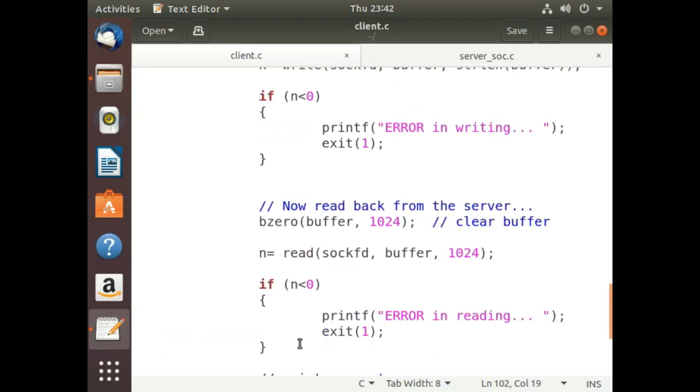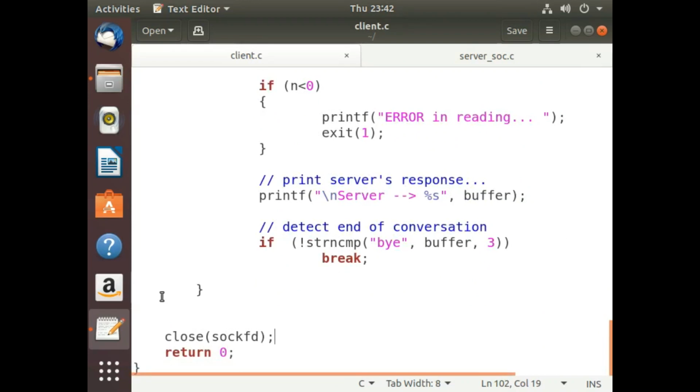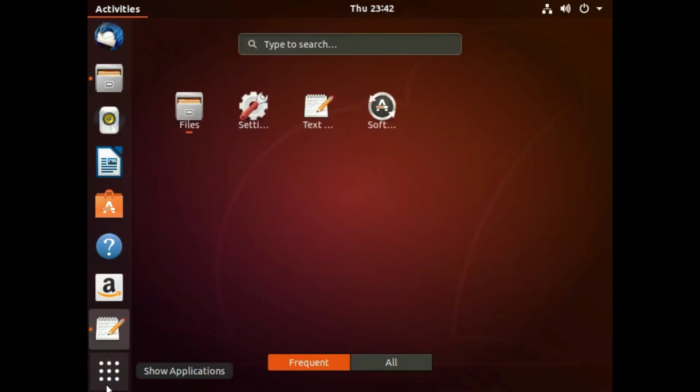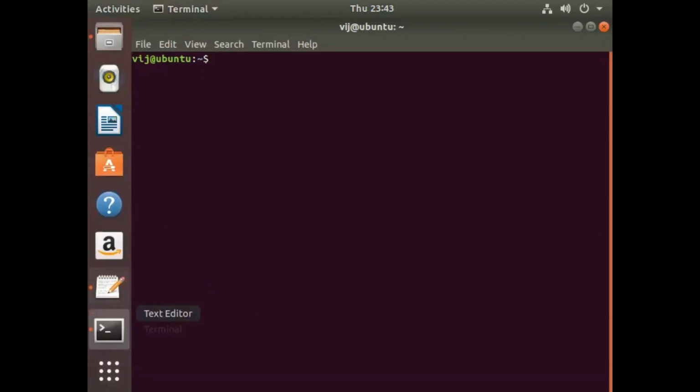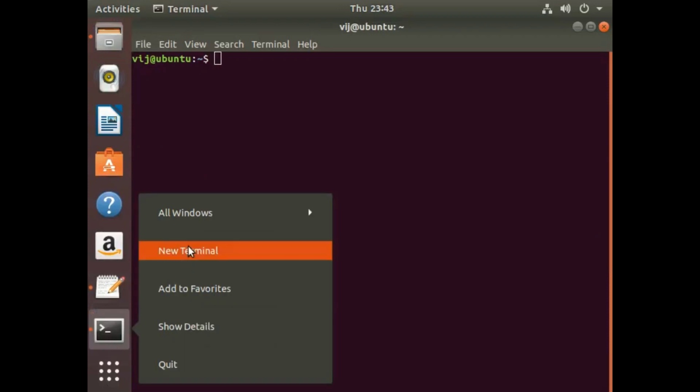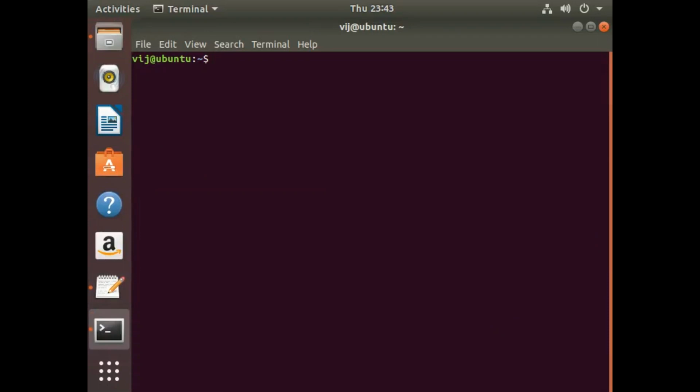Understood this? So I'll quickly go for the execution. We are using two terminals, one for execution of the client and one for execution of the server program.